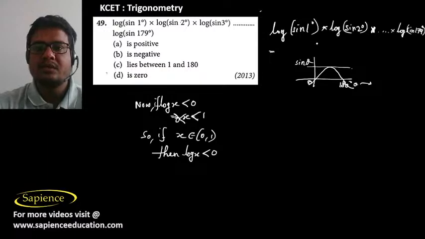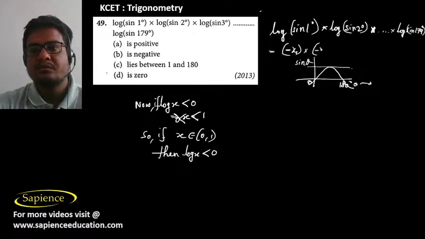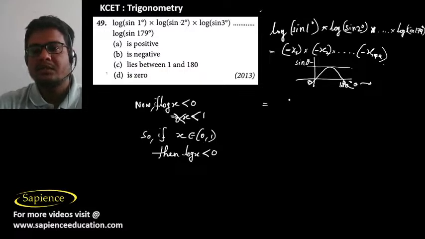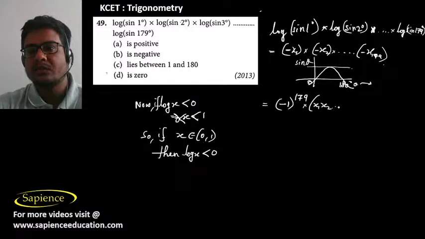So therefore sine 1 degree will be a value between 0 and 1 only. From 1 to 179, this will be some negative value. We can take the value as minus x1, suppose, and this will also be minus x2, and so on until minus x179. So it will be minus 1 raised to 179, into x1 into x2 into x3 into x179,